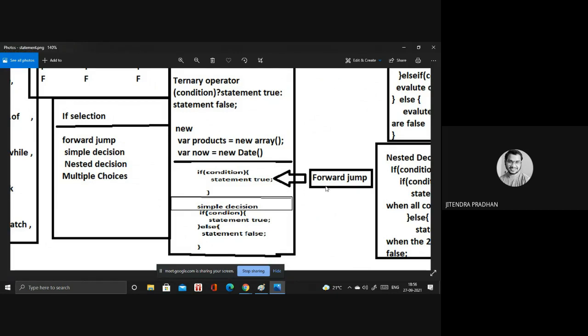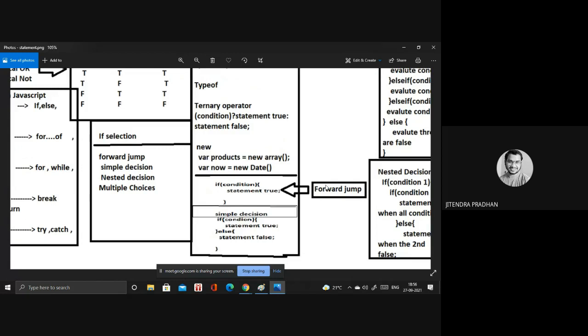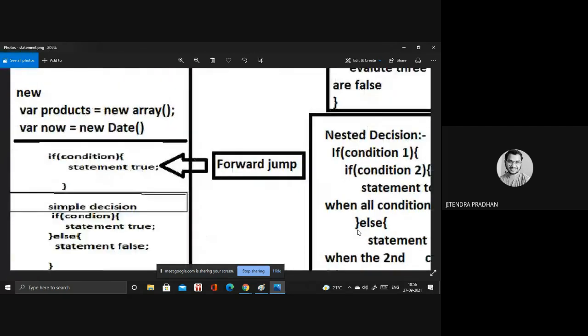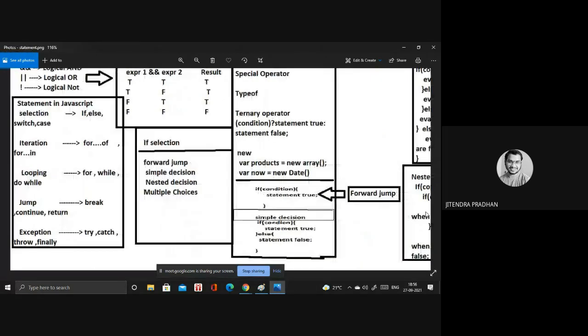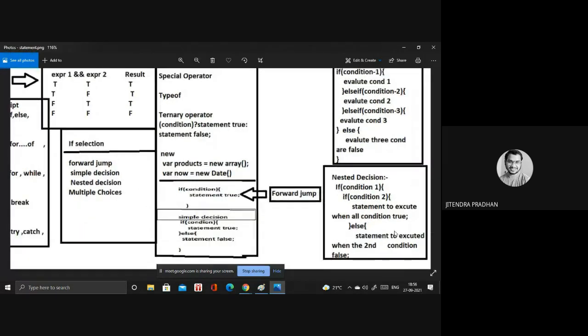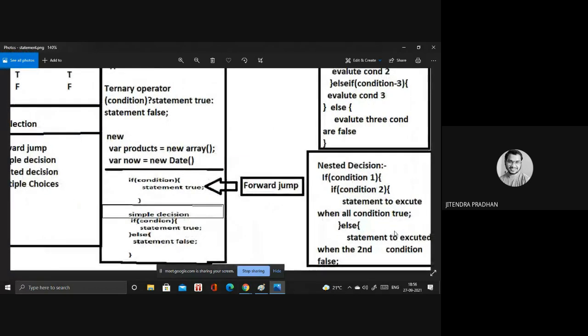Next, we go to the nested decision. What is a nested decision? Yeah, nested decision. Have you observed that one? I'll zoom in for a better view.